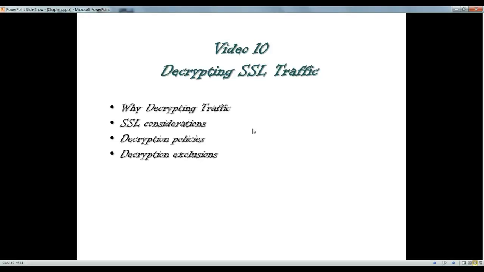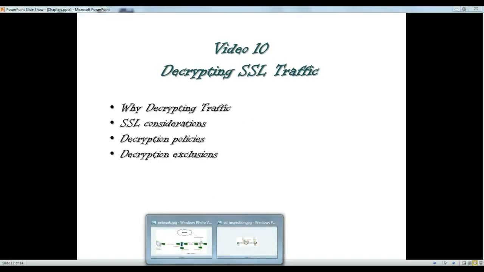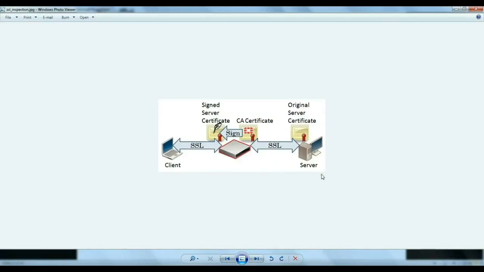To be able to overcome this problem and analyze the SSL or encrypted traffic, we'll have to look into decrypting the traffic on our firewall or on the edge of our network. And just to give you a quick view of how it's going to work,